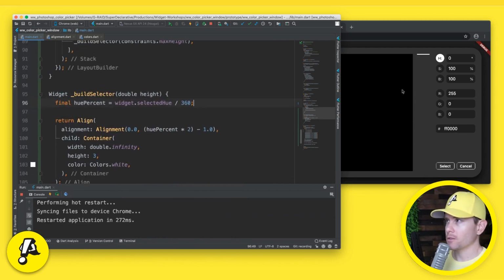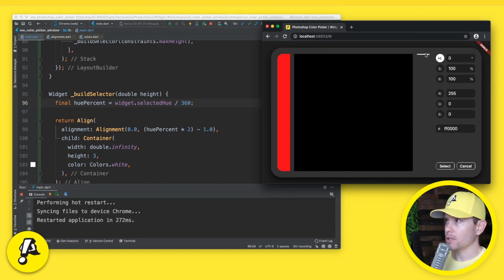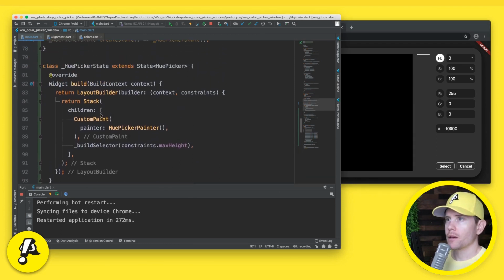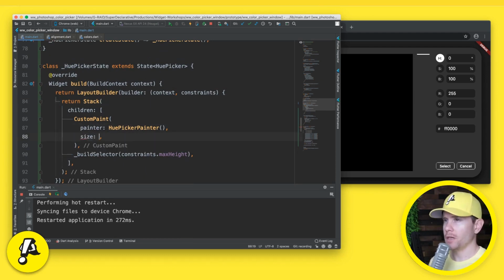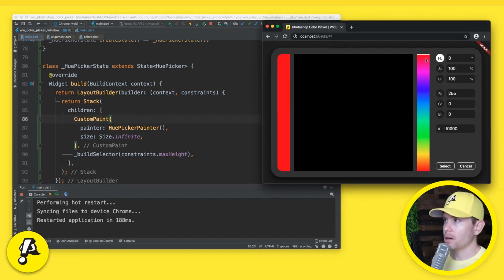Well, we have an issue with our custom painter. We'll solve that in a moment, but notice that we have our selector up here at the top. As for our painter, I would guess that it's collapsing in on itself because it doesn't have a size. One way that we should be able to do that is with, let's see, size.infinite. Let's see if that gives us what we want. It does. So this size property causes the custom painter to take up as much size as possible rather than as little size as possible. Now we have our indicator here and we have our spectrum. We can also